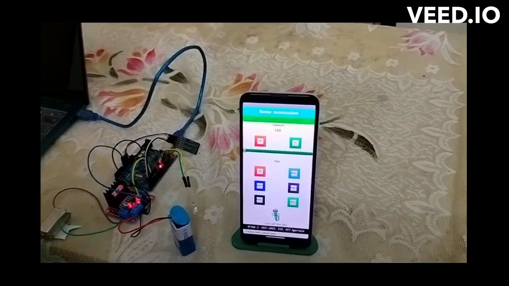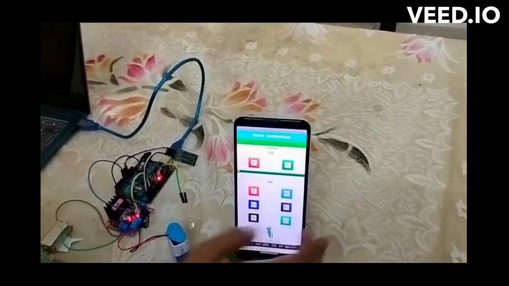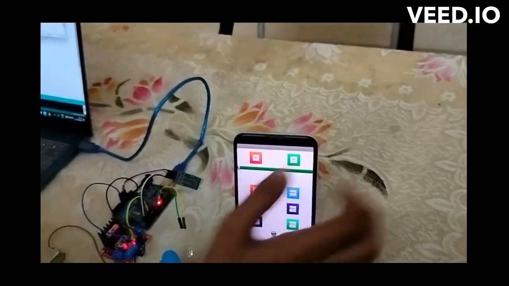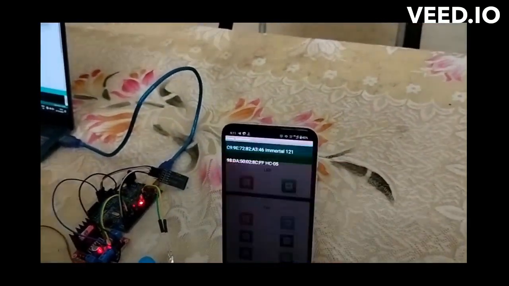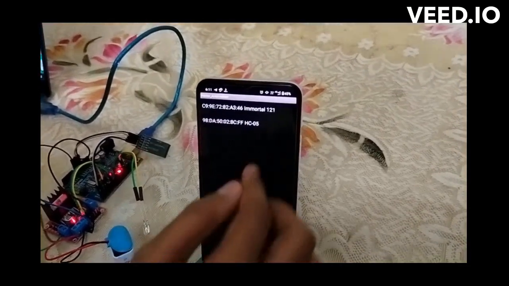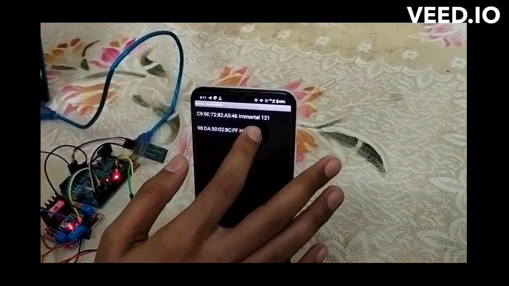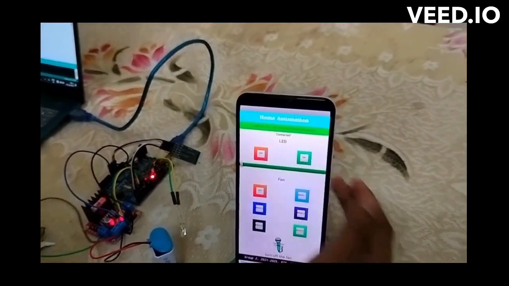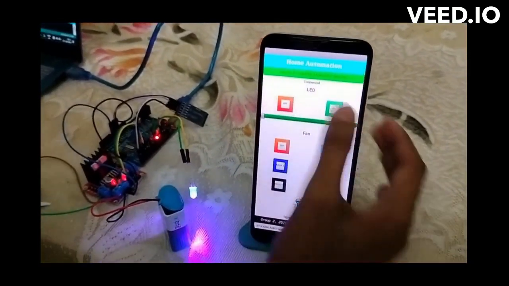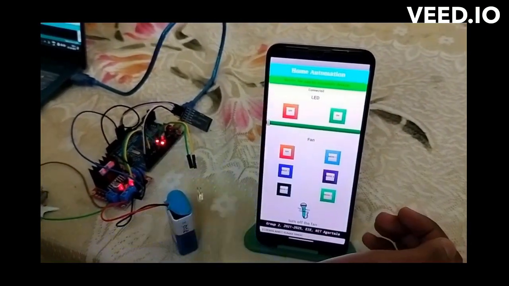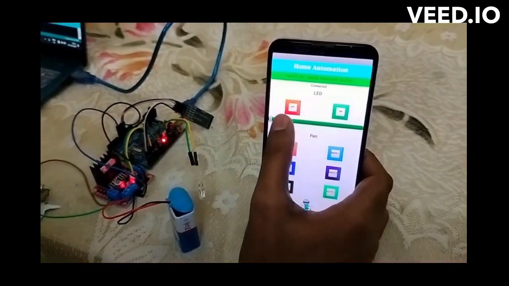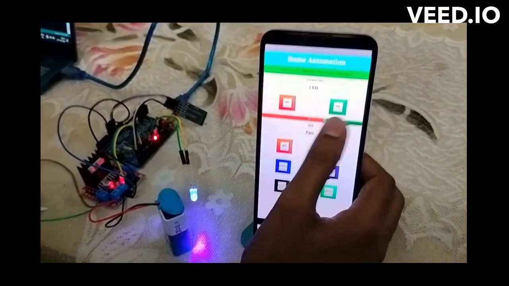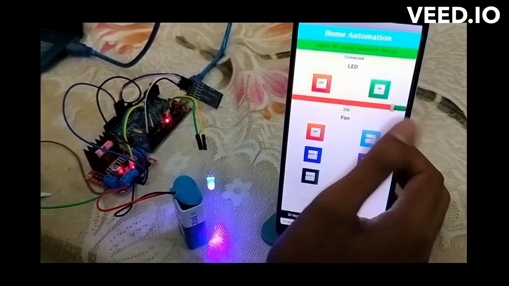Now we are in the working section of this project, and this is our mobile application. You can search from here for the nearby Bluetooth devices and select HC05, which is this module, and by tapping on button I can turn on the LED, and by tapping off button I can turn off the LED. By this slider you can set the intensity of light and increase or decrease it.